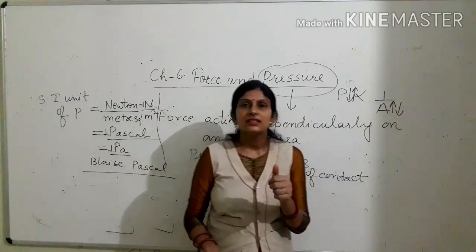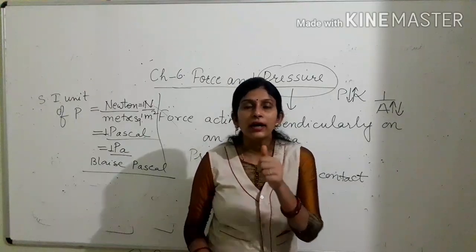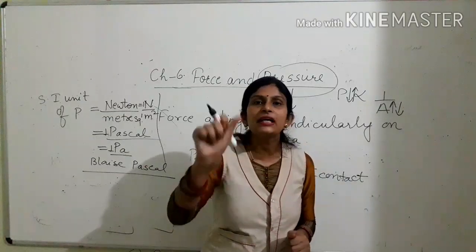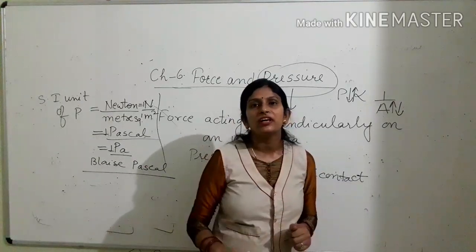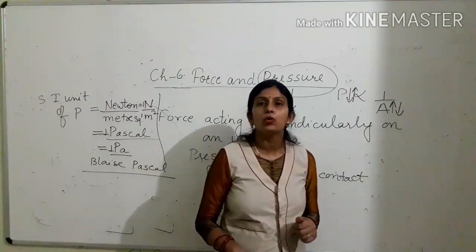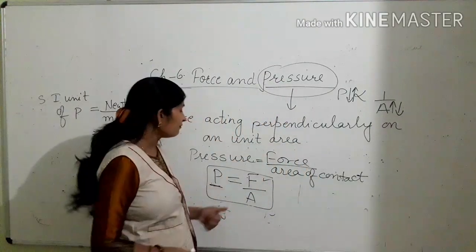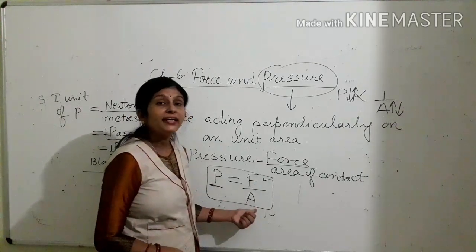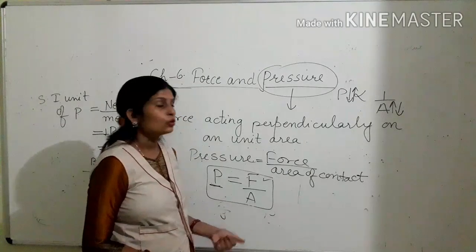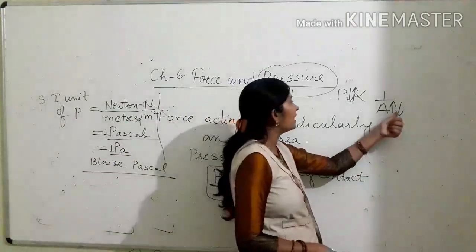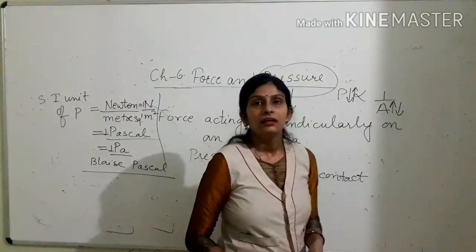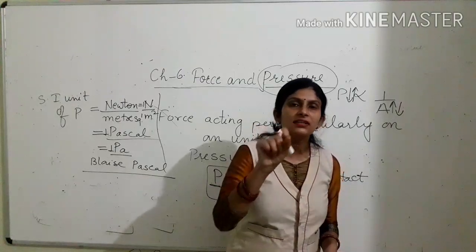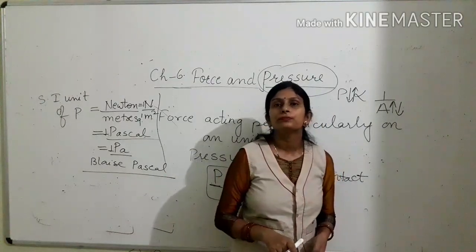Now, if we press its sharp end, pointed end into the drawing board, then it will be easily pierced, easily inserted into the drawing board. Why? Because now the same force is applied on the sharp end, the pointed end, which has less area. When the same force is applied on less area, high pressure is created. That is why, due to high pressure, the drawing pin will pierce, will insert into the drawing board.